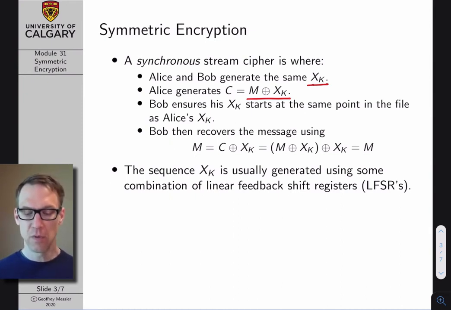Now, Bob ensures that his copy of the scrambling sequence starts at exactly the same point in the file that Alice's scrambling sequence began. Then, as long as Bob's scrambling sequence lines up with Alice's scrambling sequence, recovering the plaintext message is very straightforward. It's essentially just another exclusive OR operation. The plaintext message M is recovered by taking the exclusive OR of the ciphertext with Bob's copy of the scrambling sequence. The reason why this works is because the ciphertext C